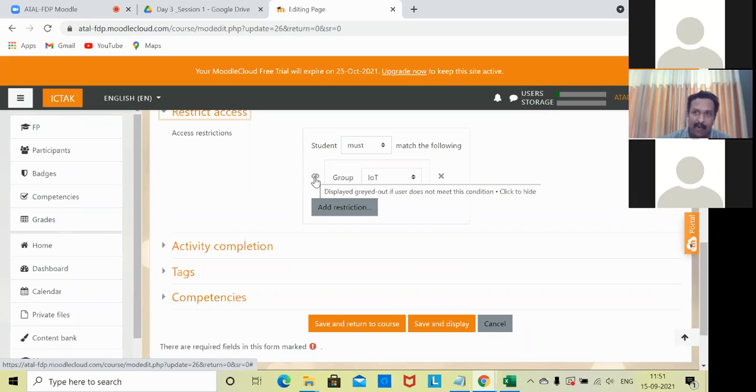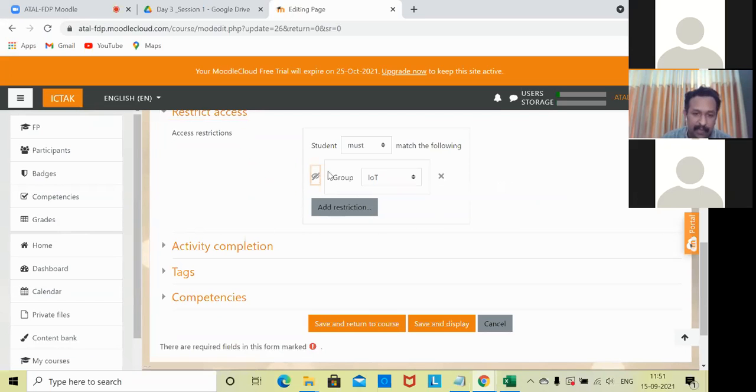If you want to hide that particular thing from the display itself, because if you want to organize all the contents in a structured manner, it is always good to hide and display only the relevant contents to the people. In that case, we can add a restriction.